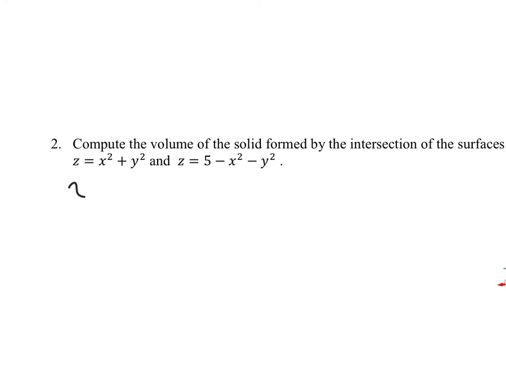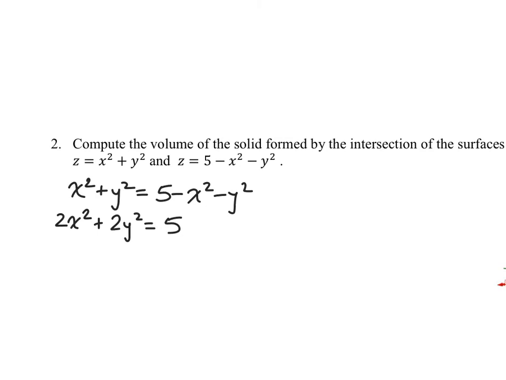So we have x squared plus y squared is equal to 5 minus x squared minus y squared. We can add x squared and y squared to both sides. So 2x squared plus 2y squared is equal to 5. x squared plus y squared would be equal to 5 over 2. So that's a circle,